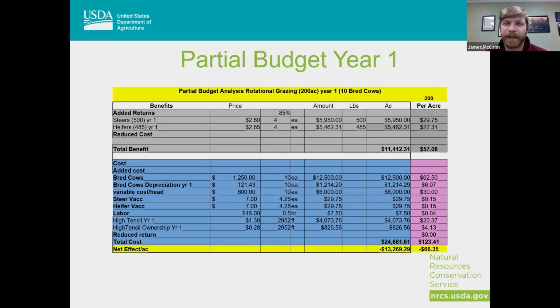And what I would say to that is, going into a new management and rotational grazing, you have to prepare for this moment. You have to know that these are investments that, like anything, they cost you something up front. They're sacrificing money that you could be having right now for the gains in the future. And so I think anybody understands that. But